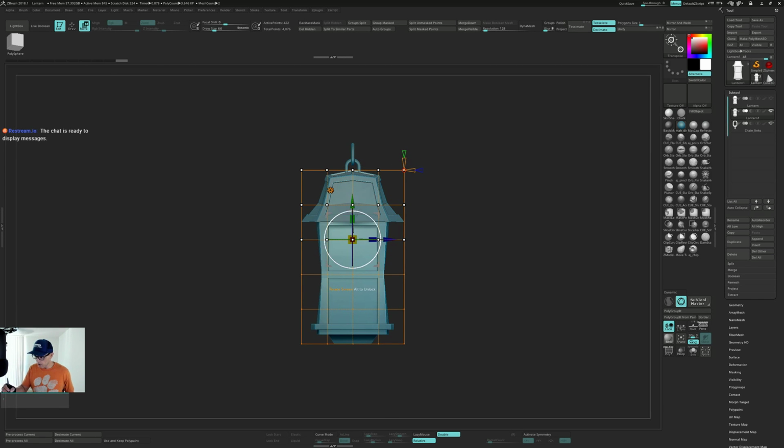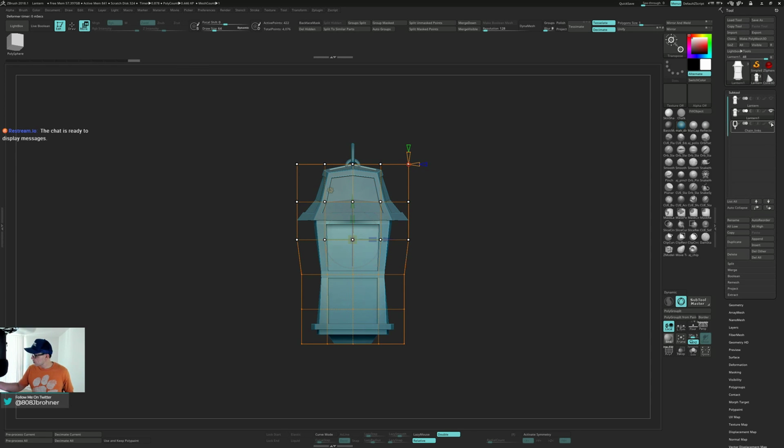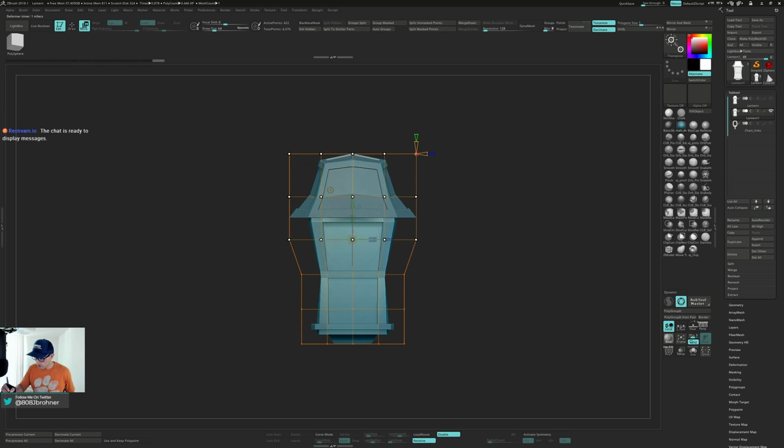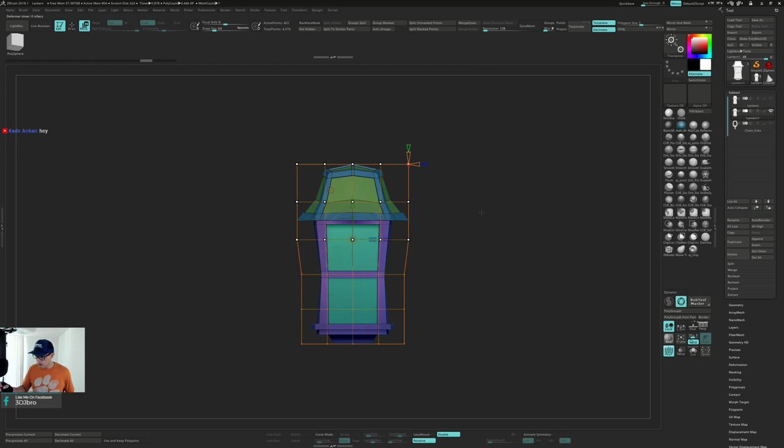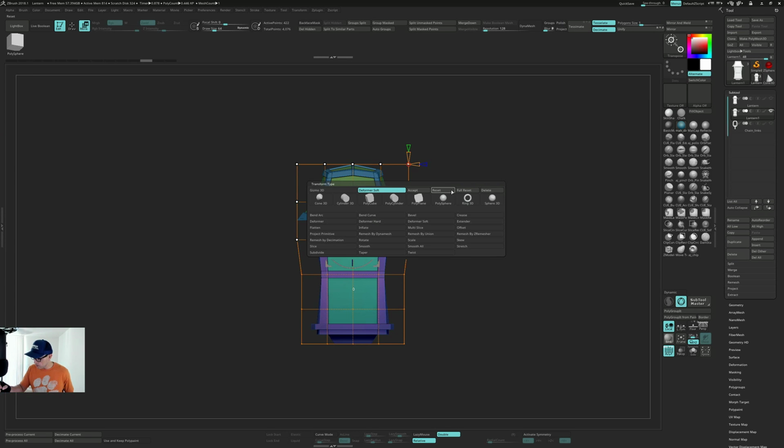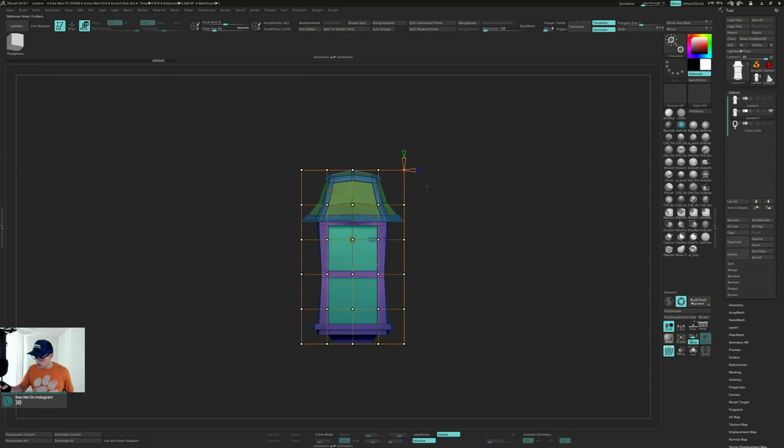I kind of want this to be a little bulgier up top. Let me hide this chain link for now. I want it to be bulgier. I want to bring it down. You know what? I think I want to add more. Let me reset that. Let me just delete that. You can delete it. Let me jump back into the model,